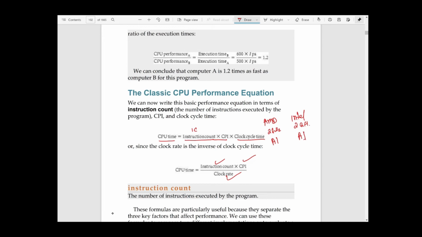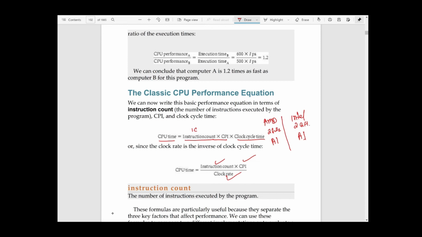Can you say that these two processors will give you the same performance or the same CPU time? You cannot say. Why? I'm also assuming that the internal implementations are the same, meaning that when executing a particular instruction, they take the same number of cycles. If that is also true, then also, since the clock rate is the same, you cannot say that both will perform similarly.